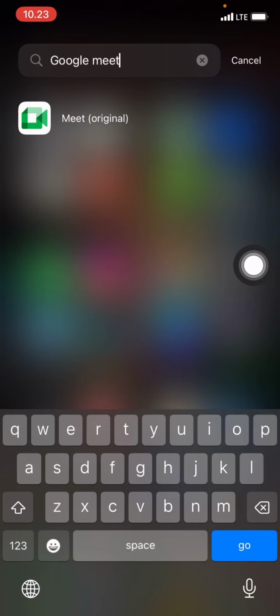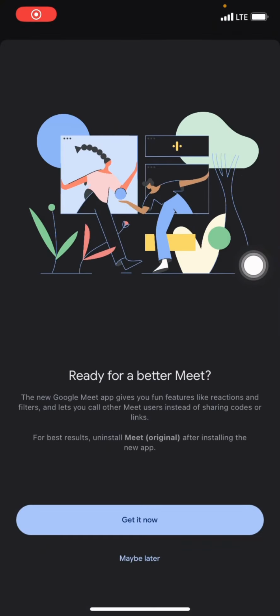If you wonder what the icon of the Google Meet application looks like, this is the icon, a camera with the green color, I think. Okay, so after you find it, you just need to click it to open it. And now,